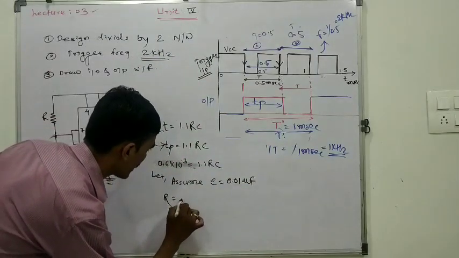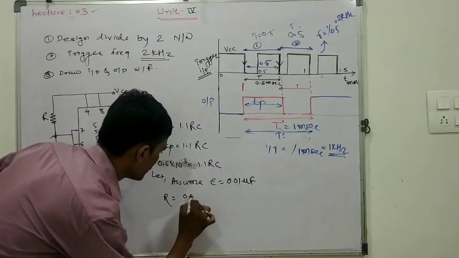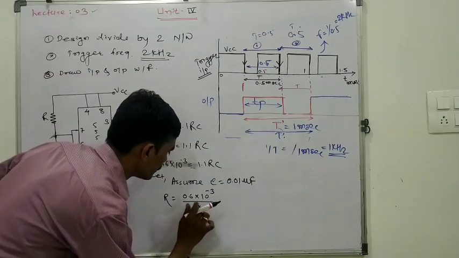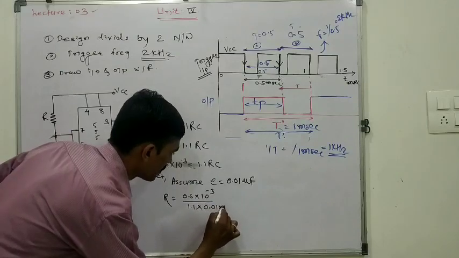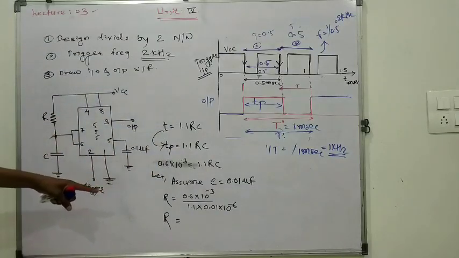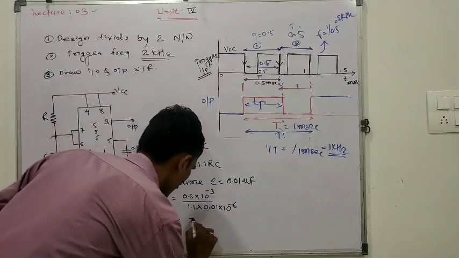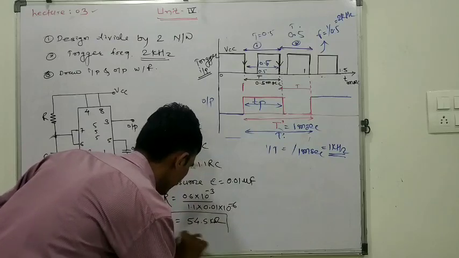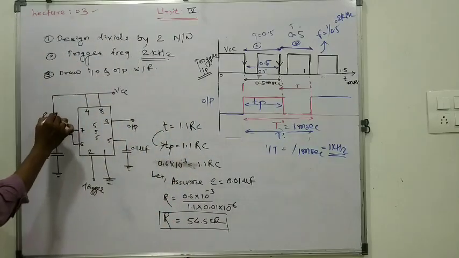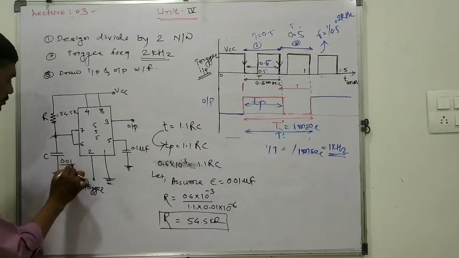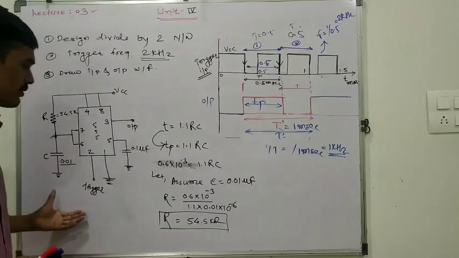R can be calculated as R equals 0.6 into 10 raised to power minus 3 divided by 1.1 into 0.01 into 10 raised to power minus 6. By calculating this equation, we will get R equals 54.5 kilo ohms. So R equals 54.5 K and the capacitor equals 0.01 microfarad. So this is the complete solution of